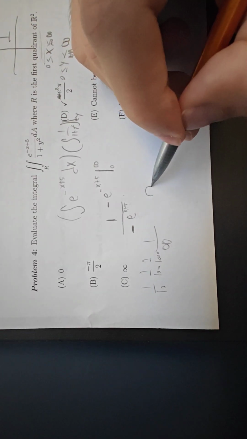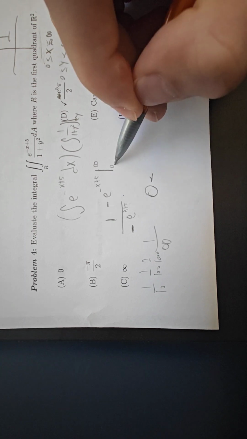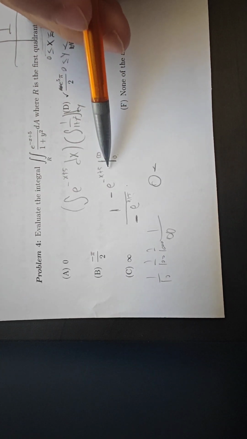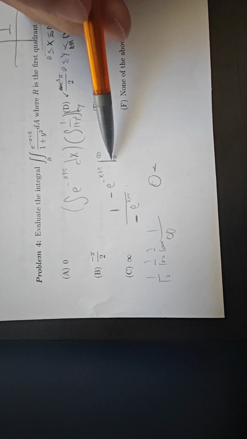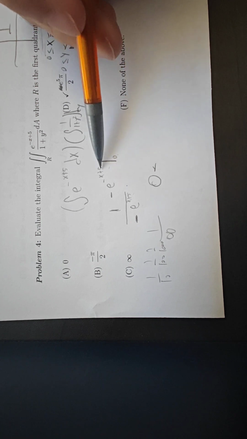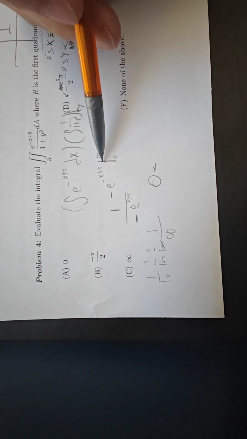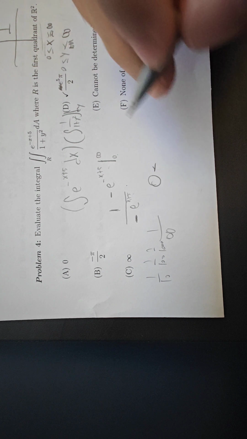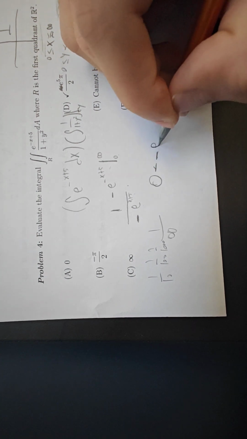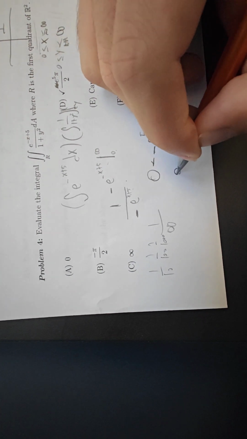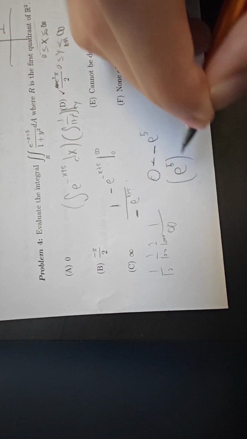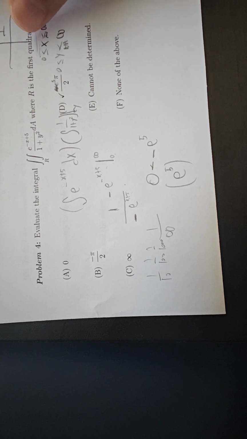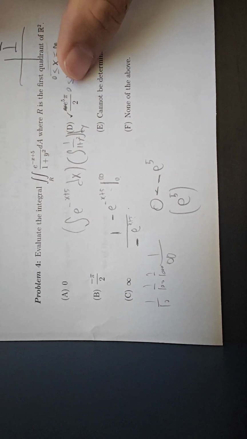So here we're at 0 minus, we plug in 0 for our bounds. For 0 here, we're going to be getting negative x plus 5, negative 0 plus 5, which just goes to 5, so negative e to the power of 5, so minus e to the power of 5, so this just comes out to e to the power of 5. We have to multiply this by our integral of y here,